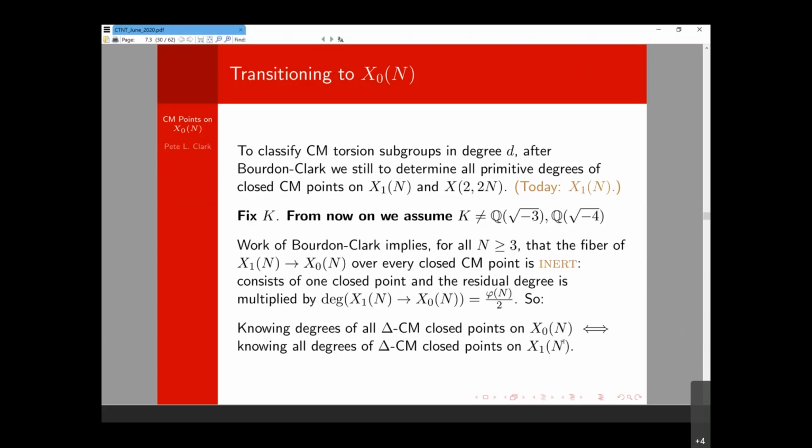And so previously we knew the least degree on X1(n), so okay, we divide that by phi of n over 2, and we get the least degree on X0(n). So the previous work was sort of working with X1(n), although actually secretly we were working with X0(n) in order to do X1(n), and we were deducing consequences for X0(n). And so I want to reverse this.